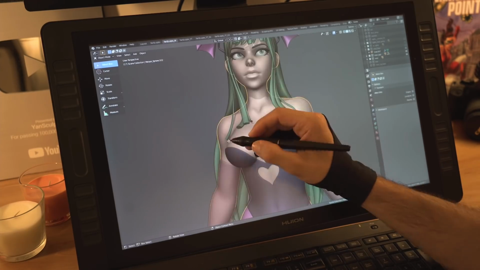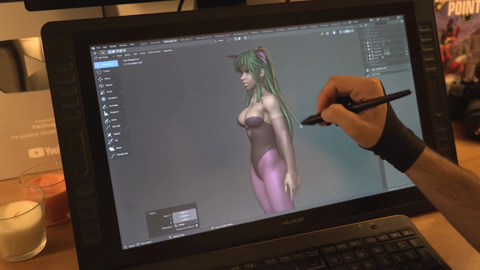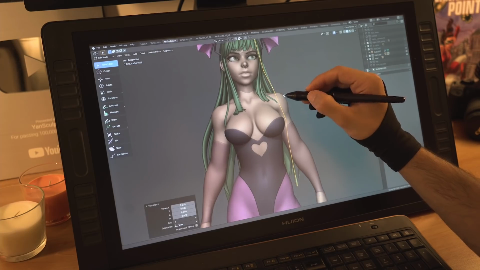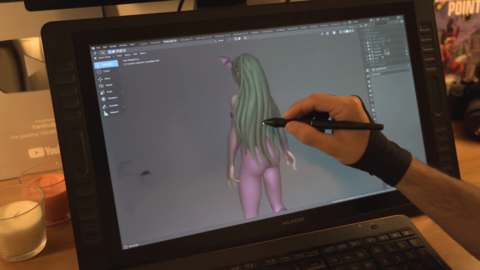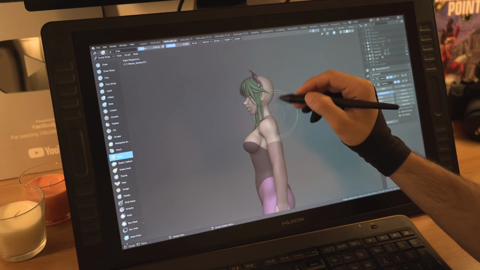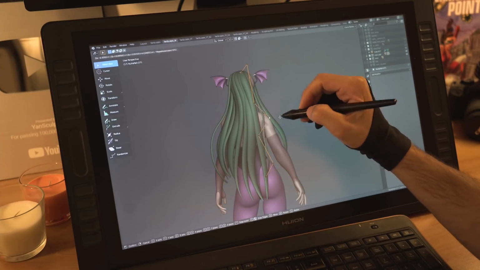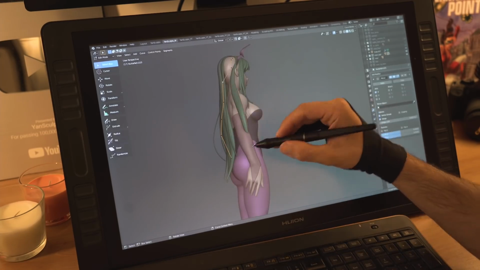If you choose a different route such as freelancing or any other job where you don't have to follow someone's pipeline, then the choice of the program will be completely up to you. So whether you're going to choose to sculpt in Blender or ZBrush is all the same as long as you get the job done. With all that said, learning a new software for a new job is not as complicated as you might think, in most cases anyways.